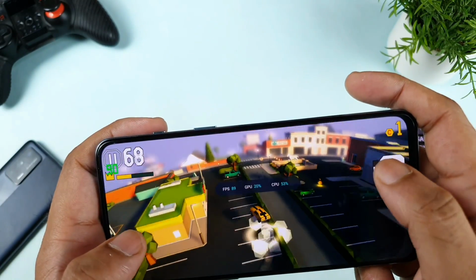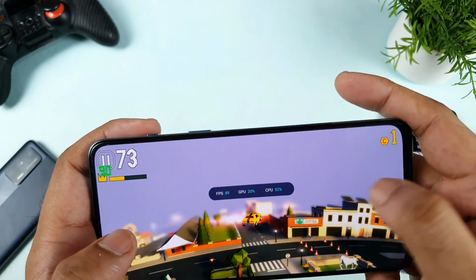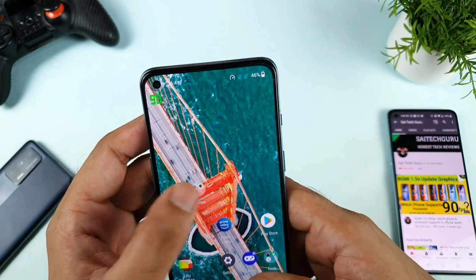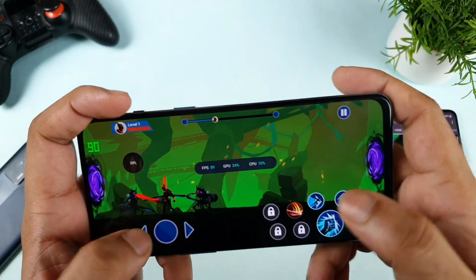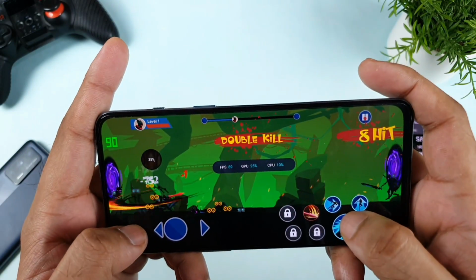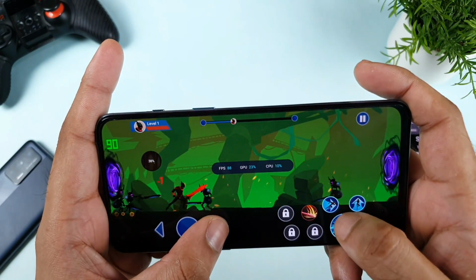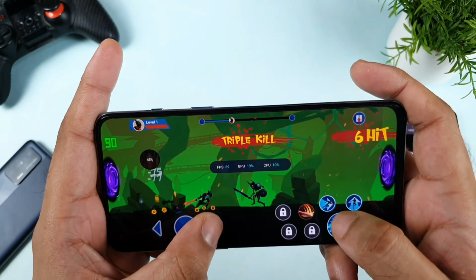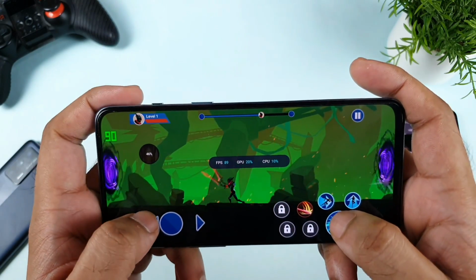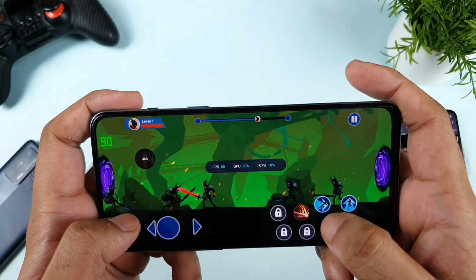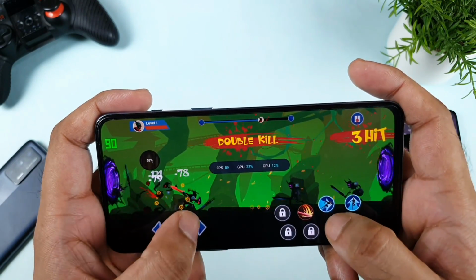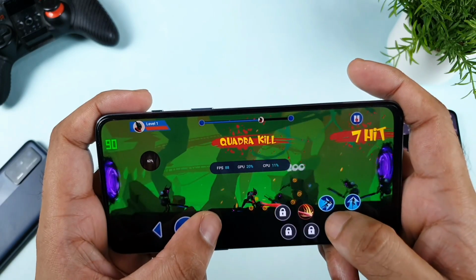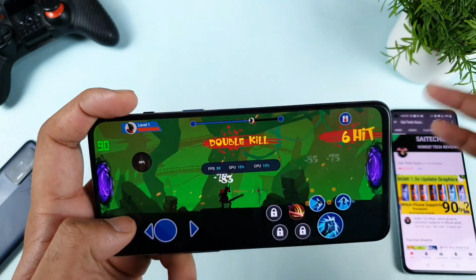Not only this game, there are a couple of other games which I'll be testing right now in the demonstration as well. Let me open the second game, which is Shadow Fighter. Even this game, I'm trying to show you. As you can see from the real-time FPS meter, I'm getting about 88 FPS at this moment. No issues, as you can see, absolutely. 88 and 89. As you can see, friends, clearly without any kind of problem, you can actually get that. So you should not be worried at all, friends, regarding the OnePlus Nord 2.